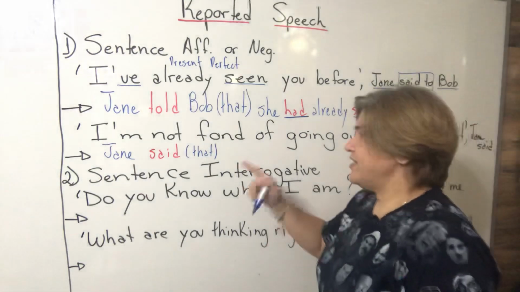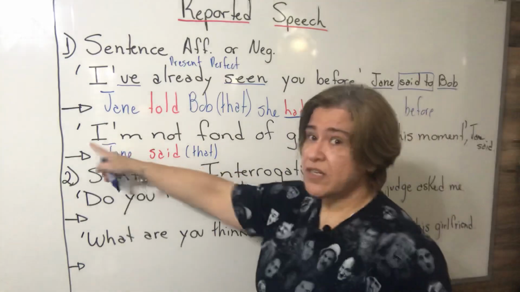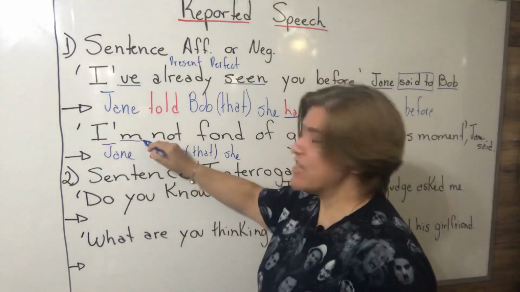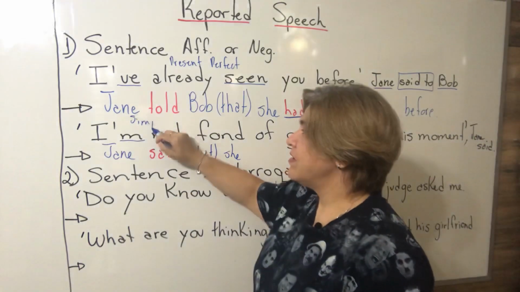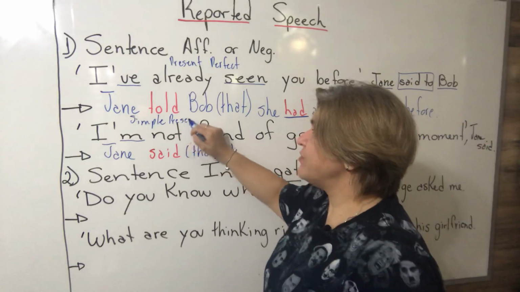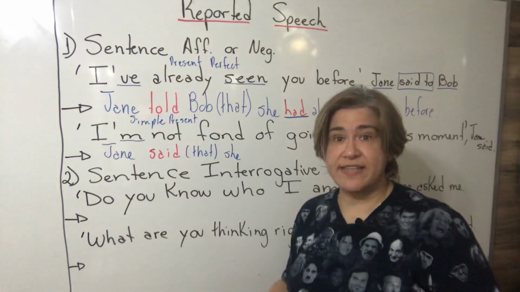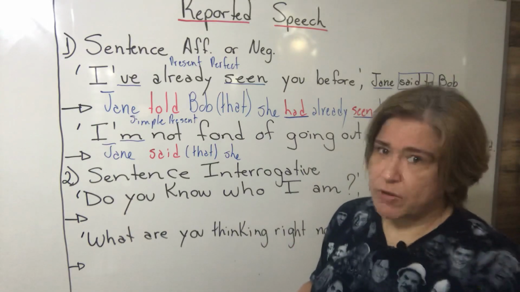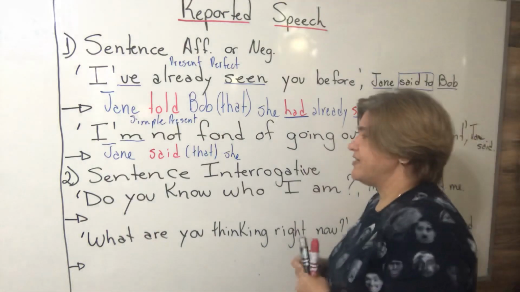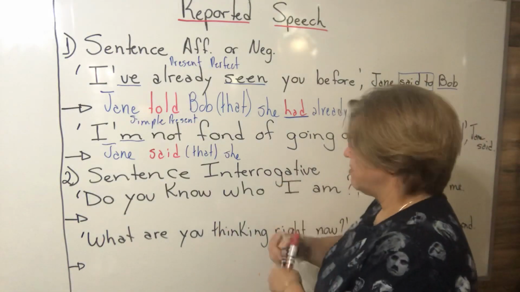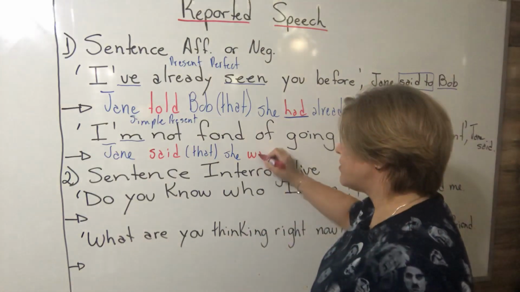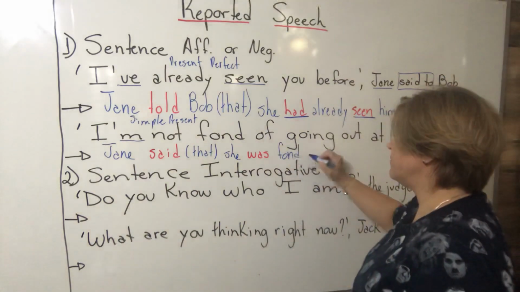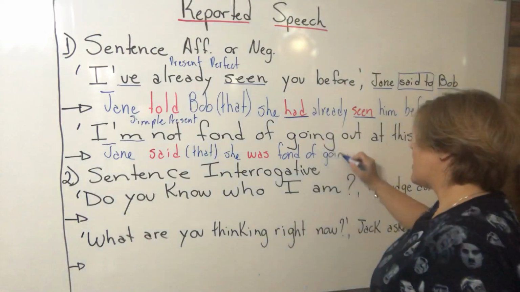Jane said that, who is this person? She, right? She. And now, very important. Am is simple present. We are going to use the past of this tense. The past of simple present is simple past, students. So Jane said that she was fond of going out